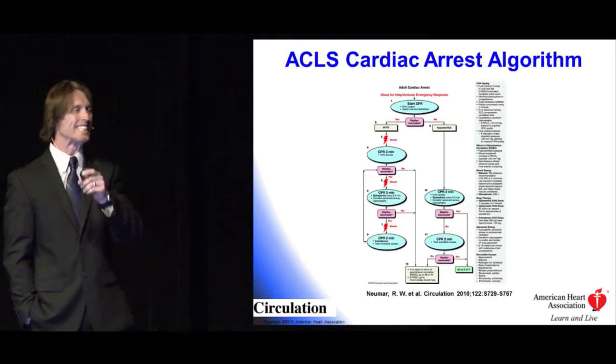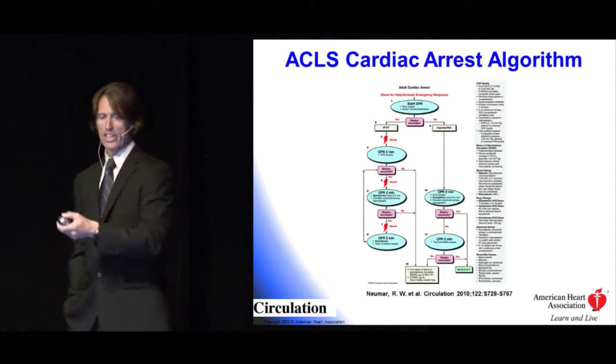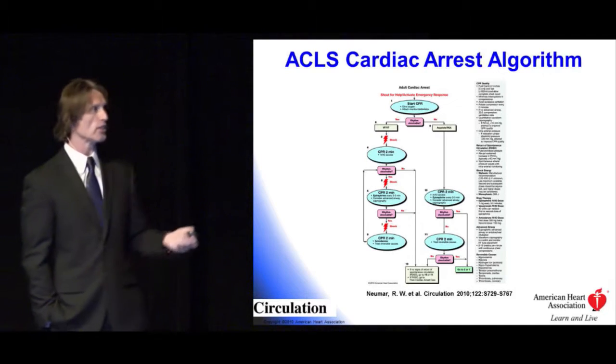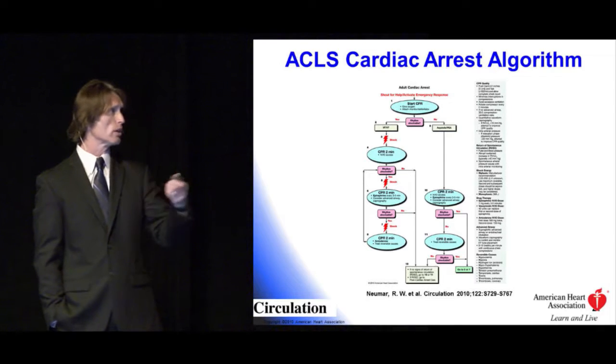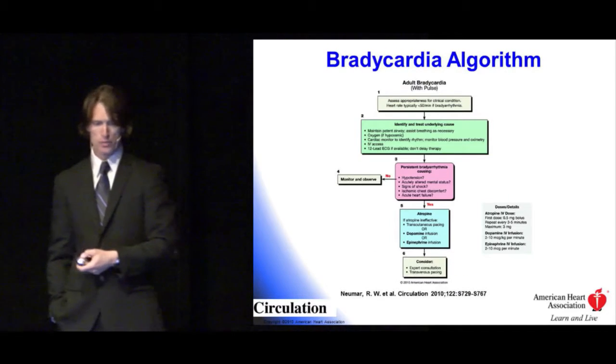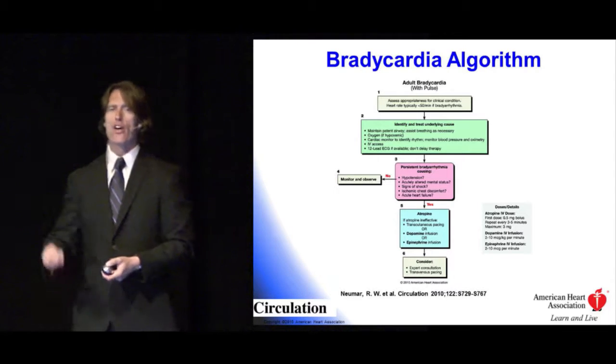Okay? This is the exact same information. I want to show it to you. This is the circular. This is the traditional one. It has all the same information in it, but you may appreciate one approach or the other. It doesn't really matter. Bradycardia algorithm, the only important things here are, the first thing is, and this is testable,